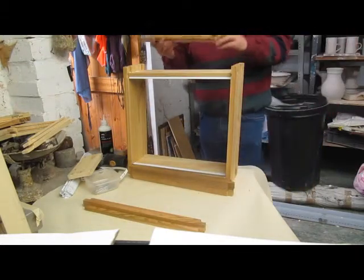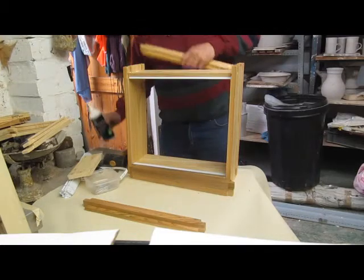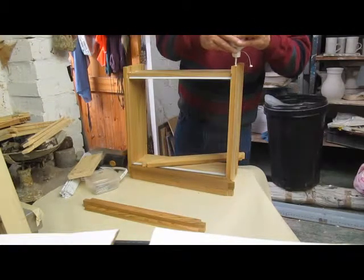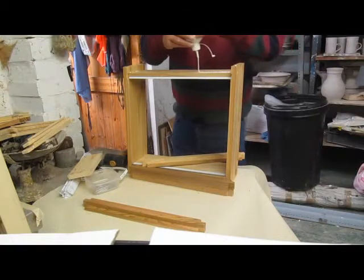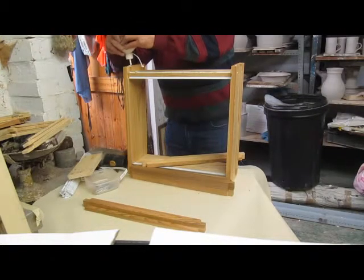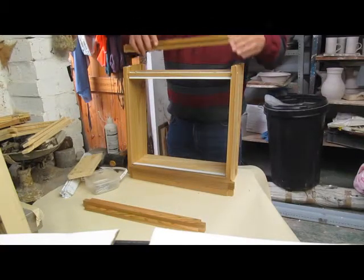Right, this is a top bar, and basically I'm going to run some PVA in there and all the way along like so. And take this